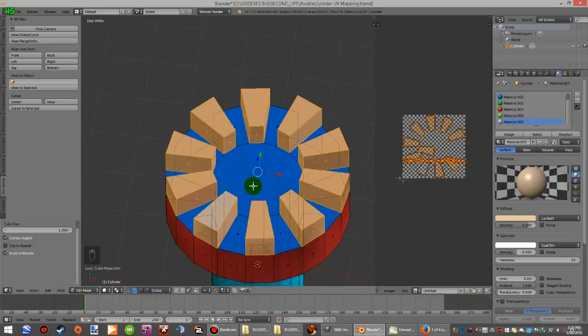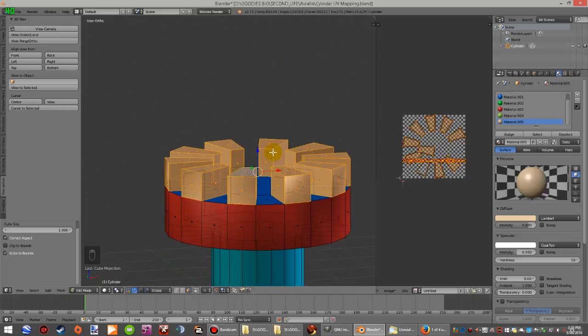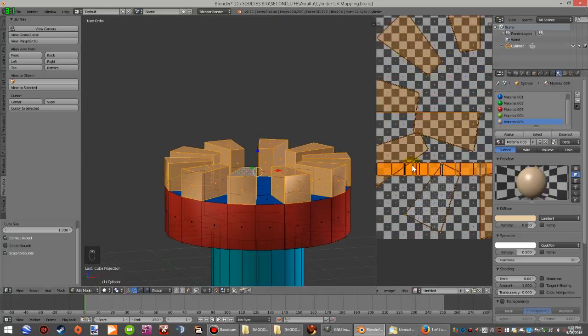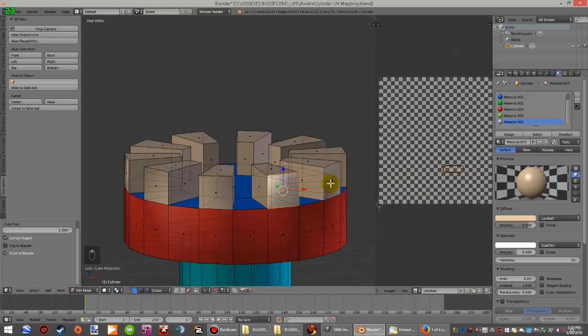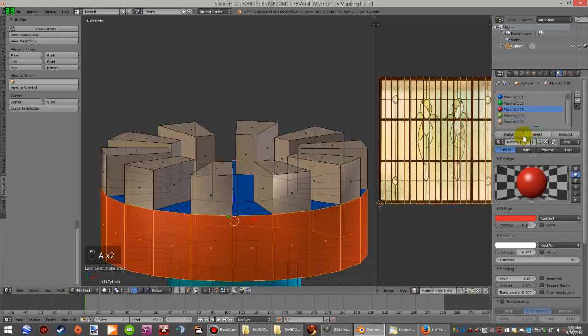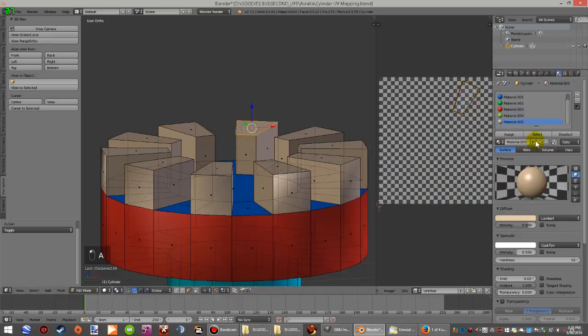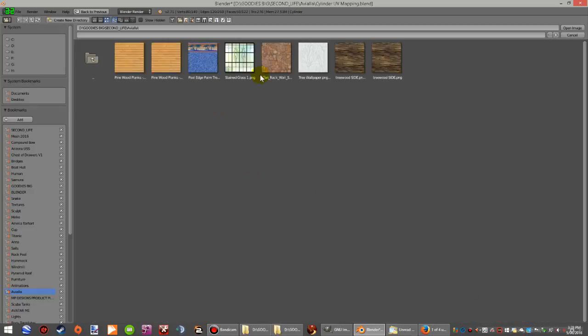No. Ah, yes. Then if we put a different texture on those,